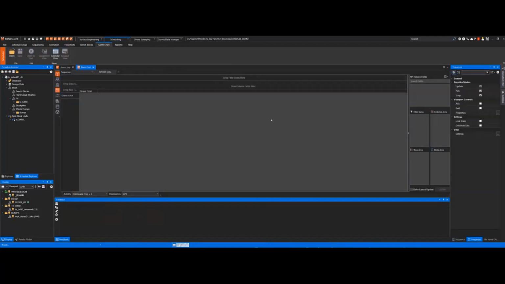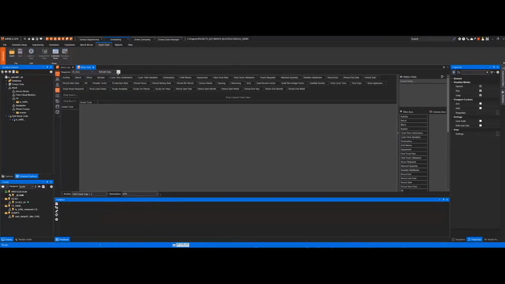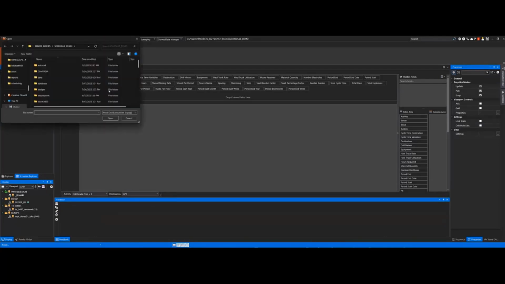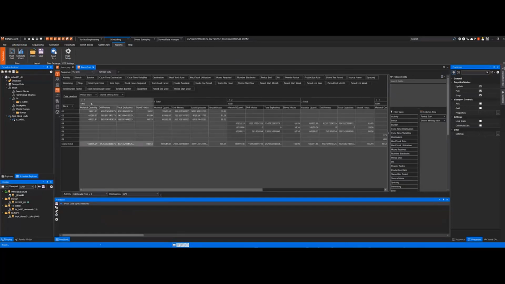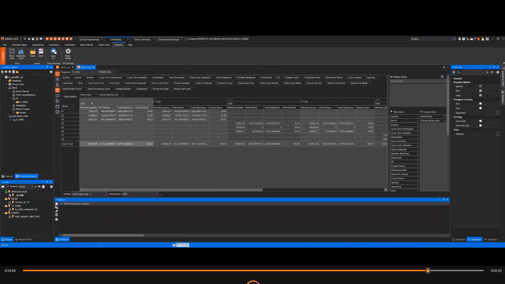You can also do a pivot grid. And a pivot grid is just a way to report your data. So I already have one open or built. So I'll just open it. I've just added a few things to it, so you can always add more things in here. If you want to know your shovel hours, where's my shovel hours? You can get rid of your shovel mining rate.